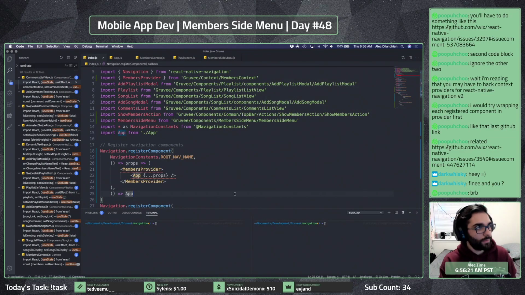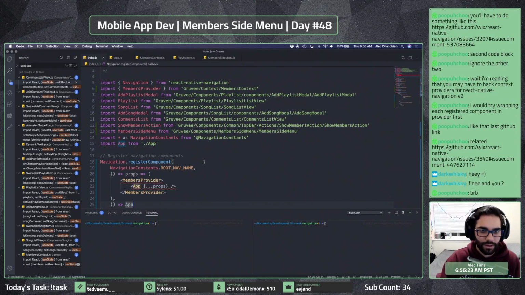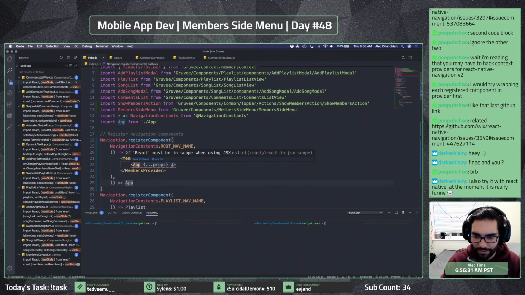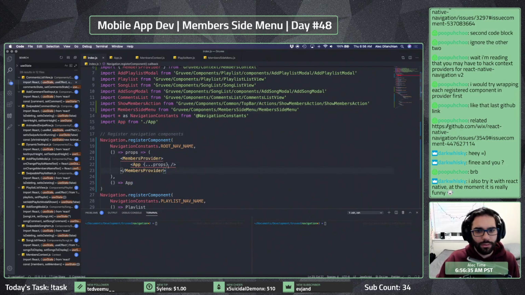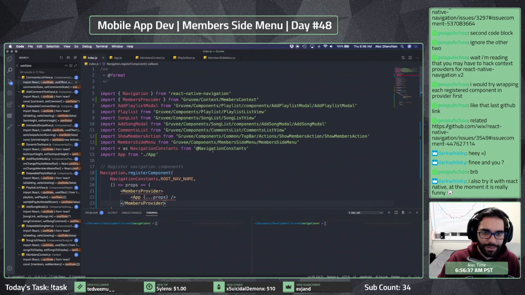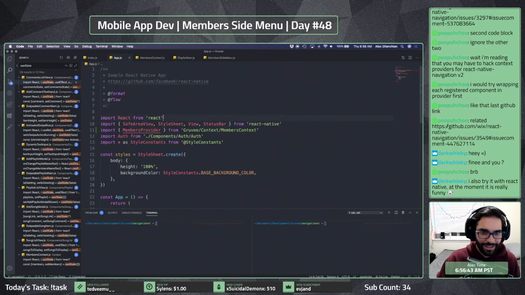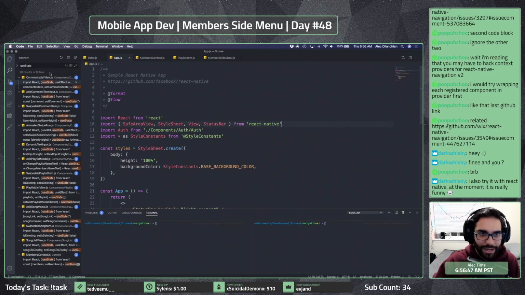All right. React must be in scope when using JSX, ESLint says. Wait, what? Oh, I didn't import React here. Well, then that might be a bit of an issue. There we go.